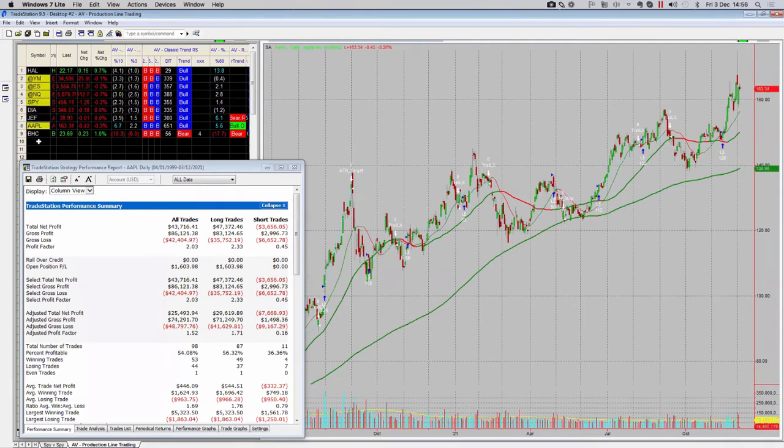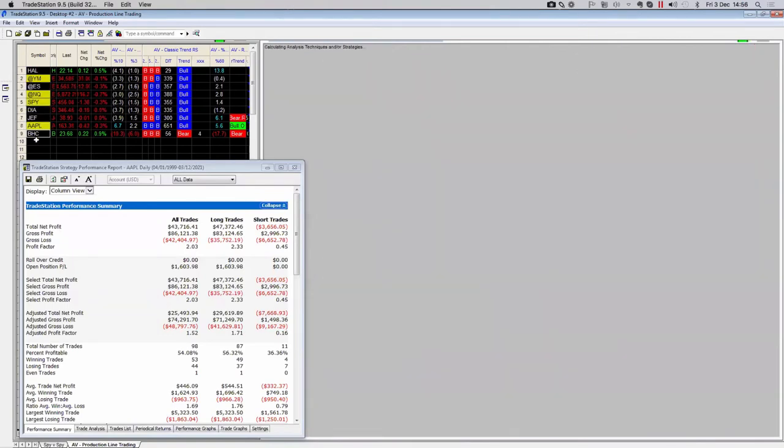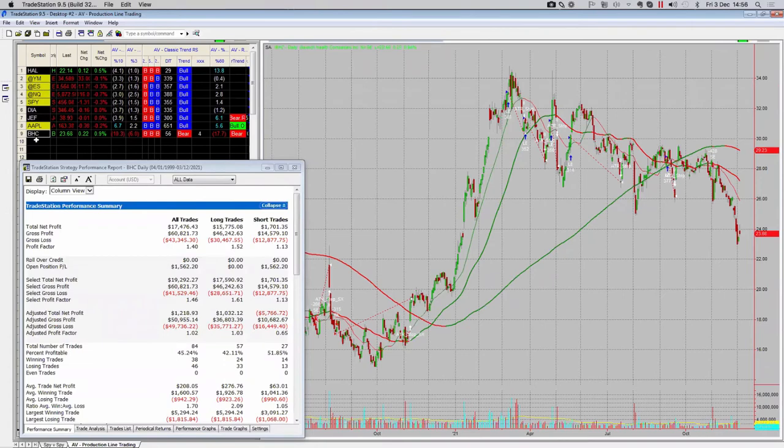Now, for anyone who's been following me for a while, one of the stocks that we looked at when we were saying the market's going to potentially sell off, we looked at BHC as a bear candidate before the eventual sell-off. So let's go and take a look at BHC. This was our pick for a potential bearish stock to get positioned ahead of a market sell-off. We looked at the range, if you remember. There's the breakout. There's the move. It looks like it's continuing. So there was our trade, just calling back to a trade that we had some reasonable success on. So let's look at the deets.